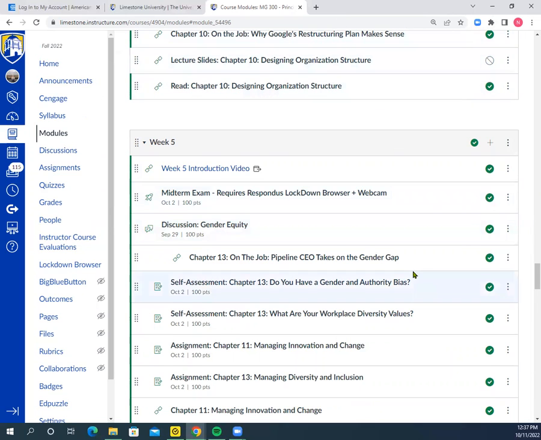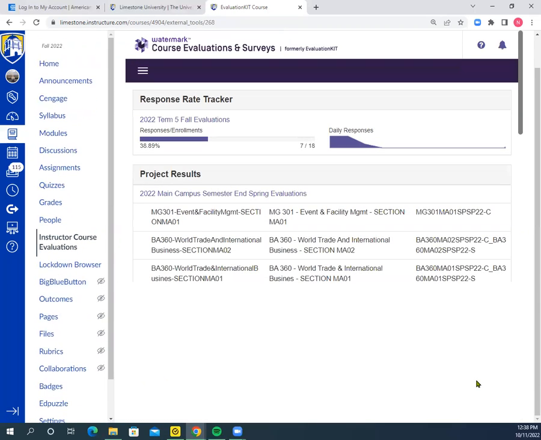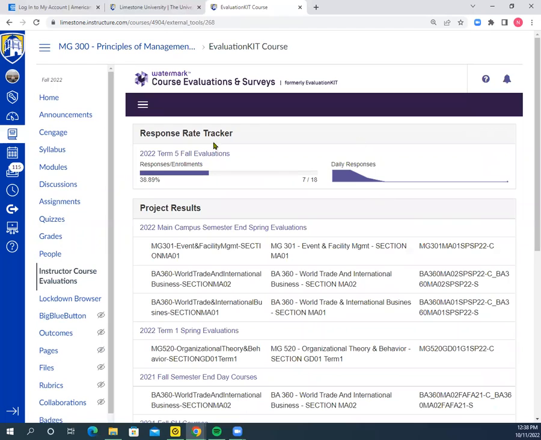I hope everybody has enjoyed the course. I'm also going to point out the instructor evaluations for the course. You can click on this over here. This is all mine, so it doesn't really help you, but in here will be the courses that you can evaluate. It looks like we've got 7 out of 18 of you who have already answered the evaluations, which is great. If you get an opportunity to do that, it would be greatly appreciated, because we do use that information to update things.